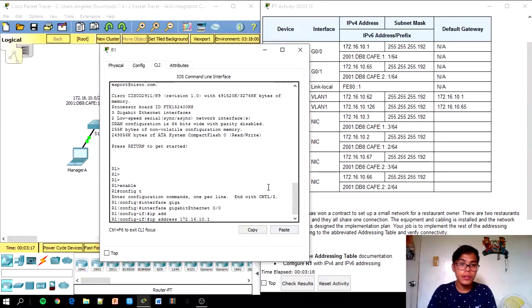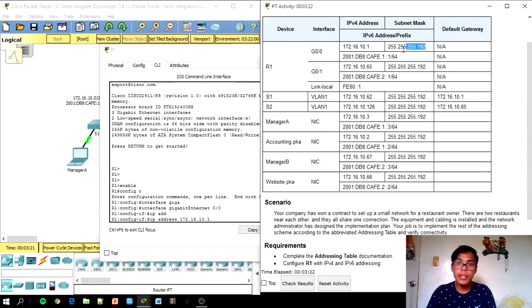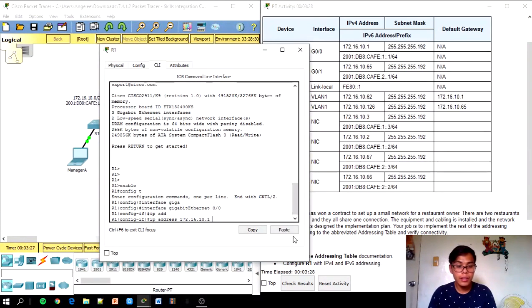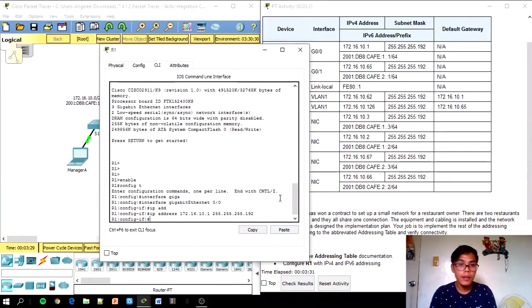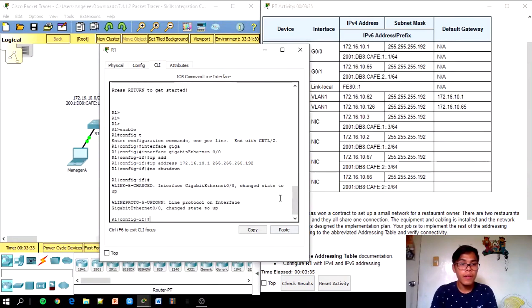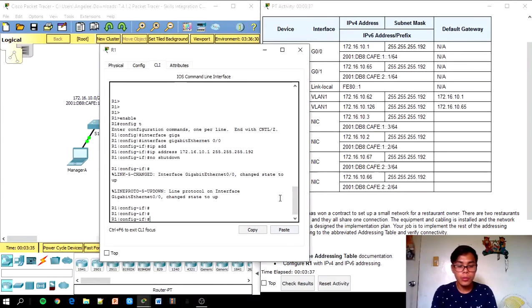We're also going to put the subnet mask. Copy the subnet mask and paste. Then the no shutdown command. So we are going to add the IPv6. To add the IPv6 address,